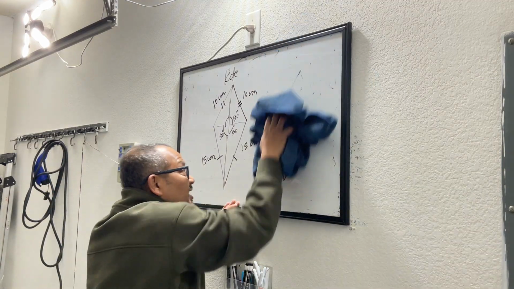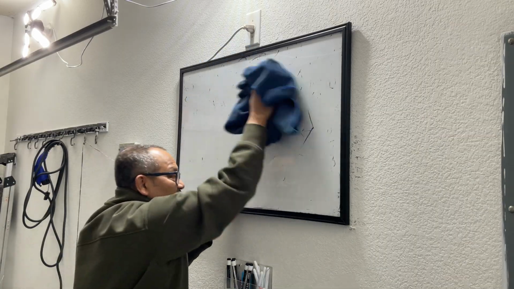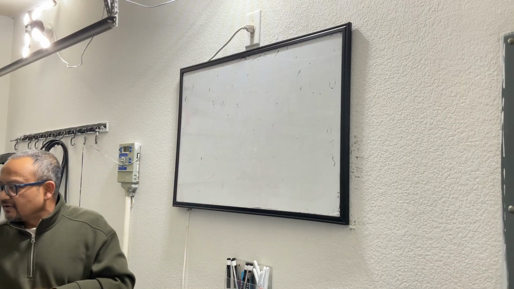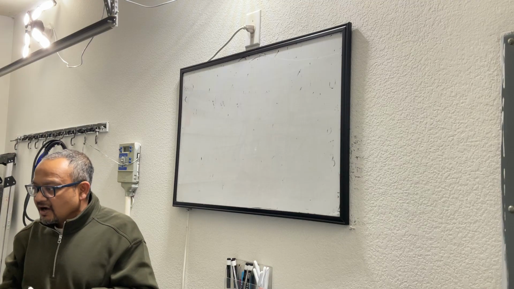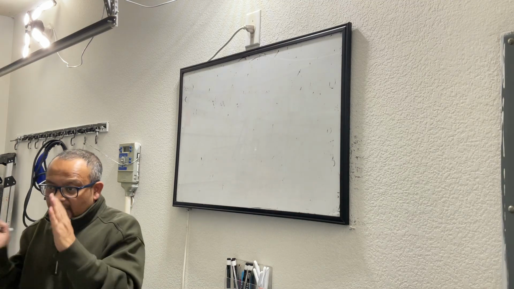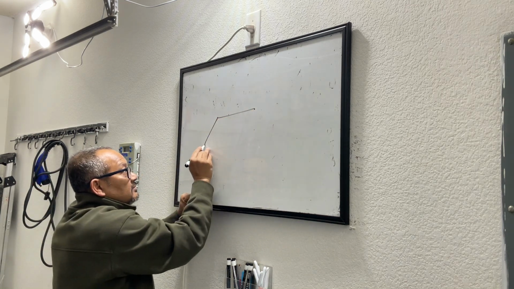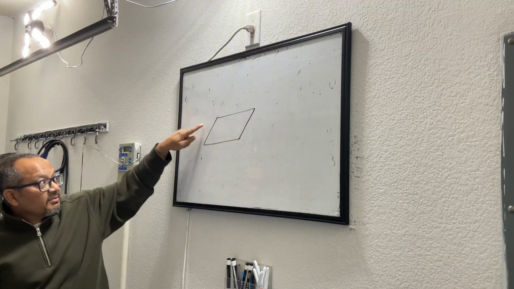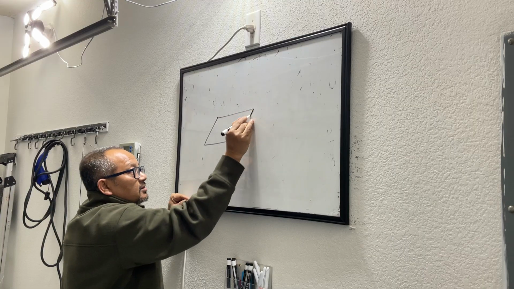So we talked about rectangle, square, rhombus and kite. There are 2 more shapes we will talk about. One is called parallelogram, other one is called trapezoid. And again, this is also part of the same family. So if I am talking about parallelogram, this is a parallelogram. I did not do a good drawing. Let me do a better drawing.